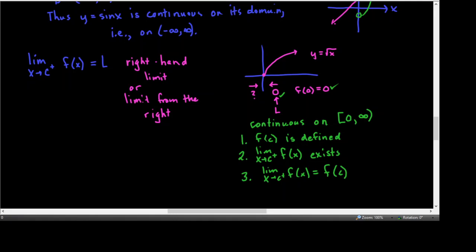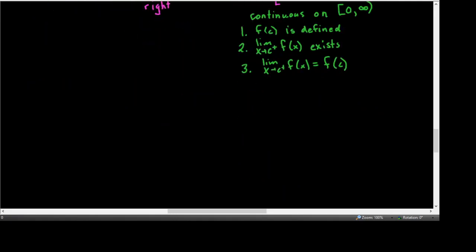So let's look at another example. Let's move to example 2. We're supposed to look at this function, f of x equals the square root of 4 minus x squared. We're supposed to find the limit of f of x as x approaches -2